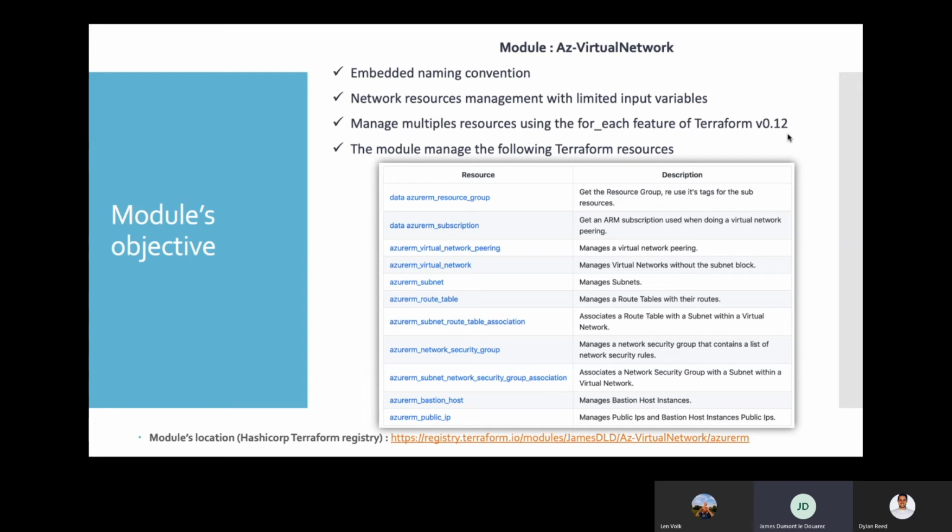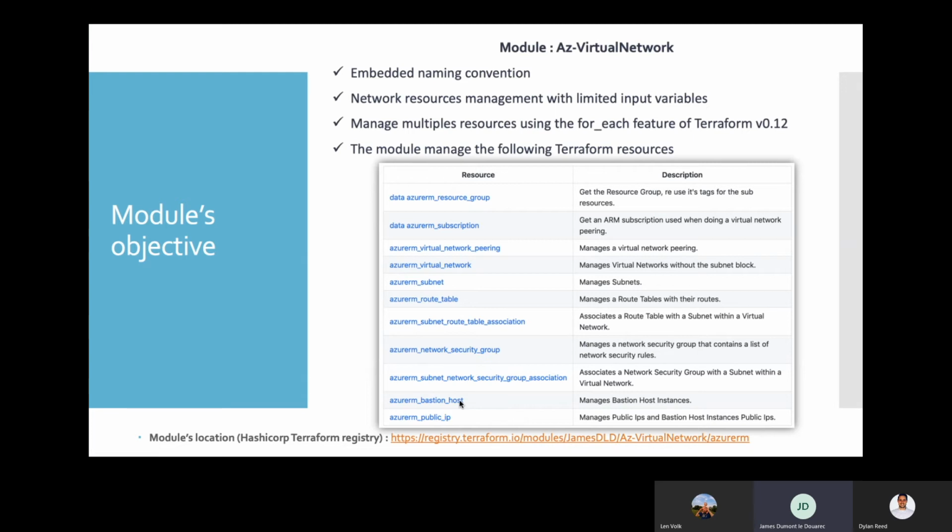So the fourth point is to show you that here we have a unique module which is called the AZ virtual network, and this module will call all of these Terraform resources. We will manage the resource group, the subscription, the virtual network peering, the subnet, the route table, and also at the end, as you can see, the Azure Bastion host.